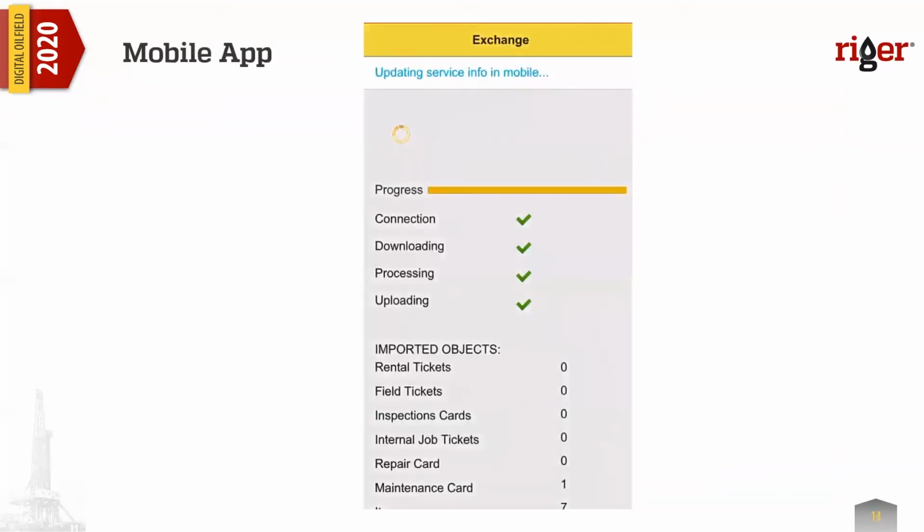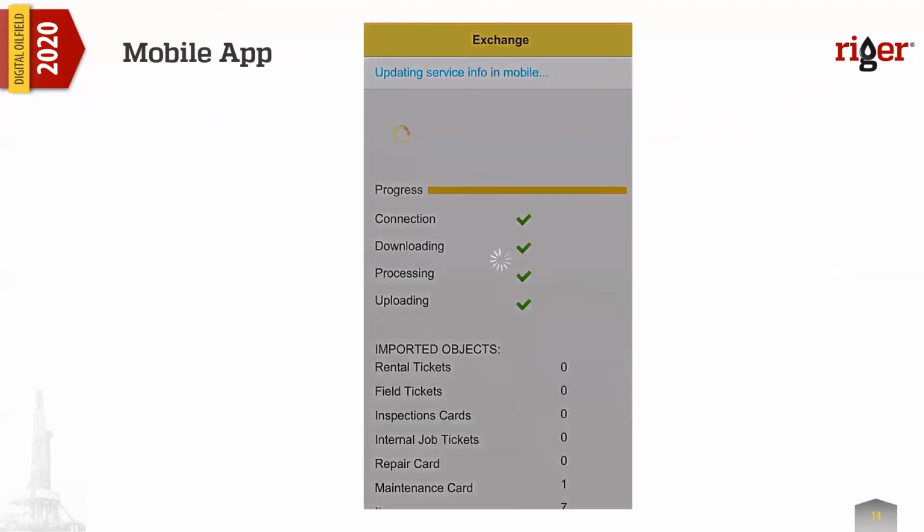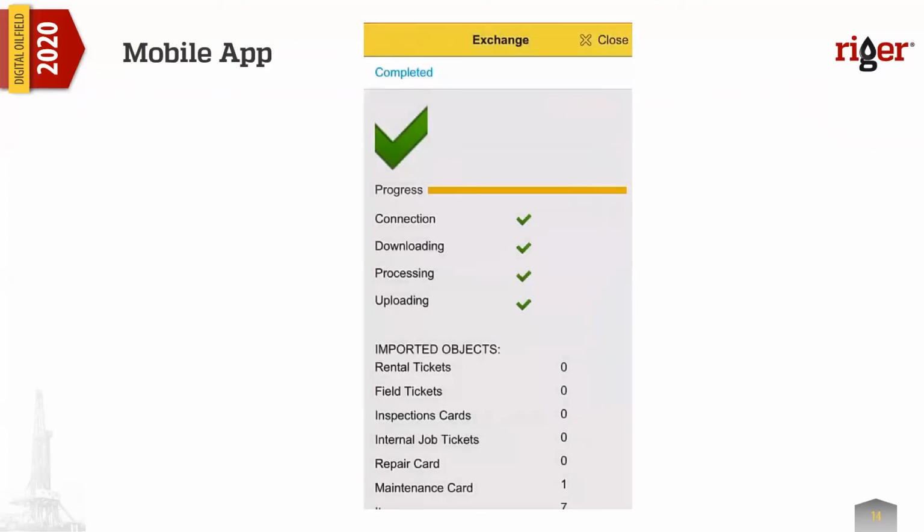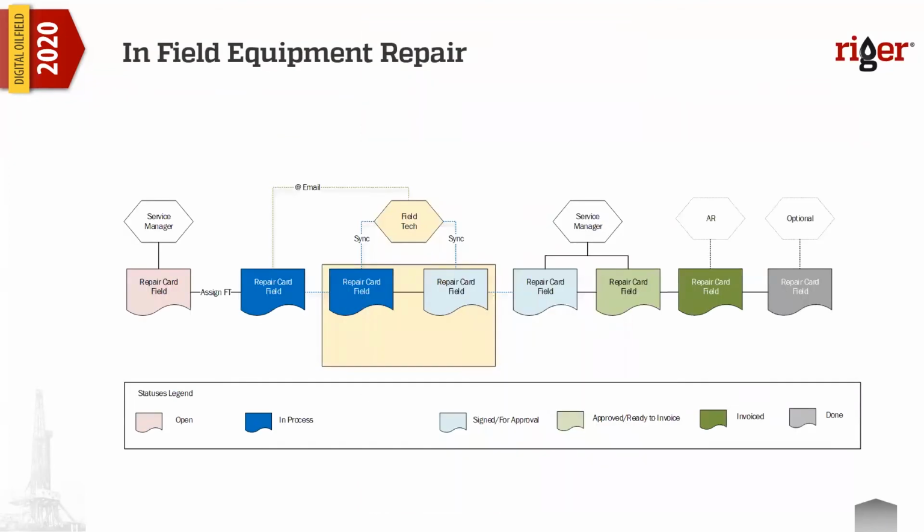And definitely, again, the field technician receives a notification in the email. He updates his mobile application. That happens in a few seconds. And now he can work with the maintenance card in the same way, like add any information and synchronize it back. Okay, so we've just passed this workflow demo, and there are a few other scenarios that can be done